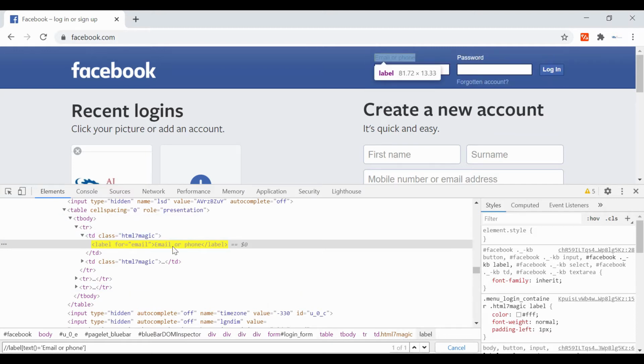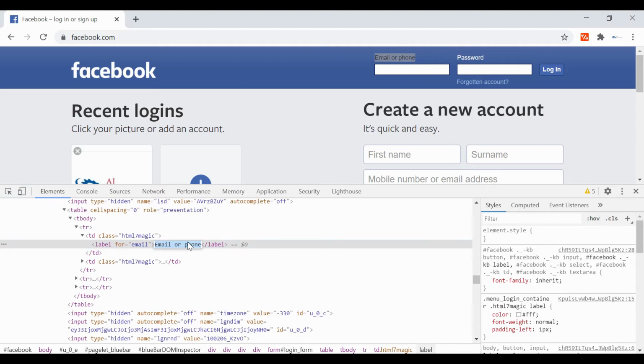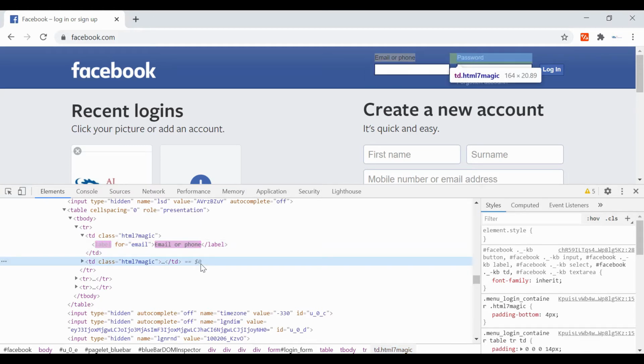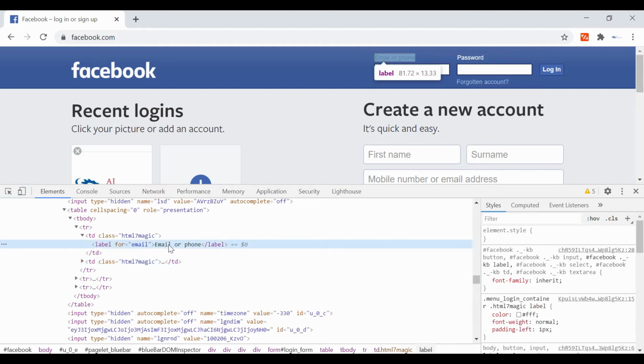So just use whatever text is present. You can easily identify this is the starting tag and this is the ending tag. If it has some text in between these two, that text value you can directly use and create your XPath expression.